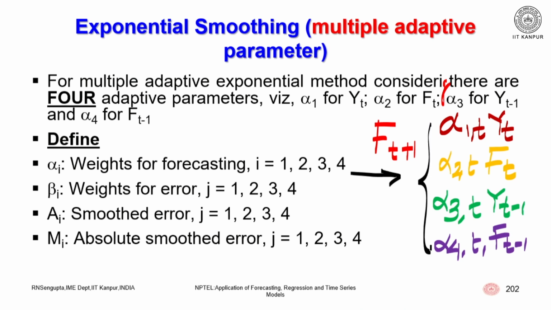Now, if you remember, there was a concept of beta also in single adaptive exponential smoothing. Here, betas are the weights for the errors. So, alphas are the weights for forecasting, while betas are the weights for the errors. Again, beta 1, beta 2, beta 3, beta 4. Remember, beta 1, beta 2, beta 3, beta 4 are not changing. They will be fixed based on how the alphas change, then you find out the error and try to utilize